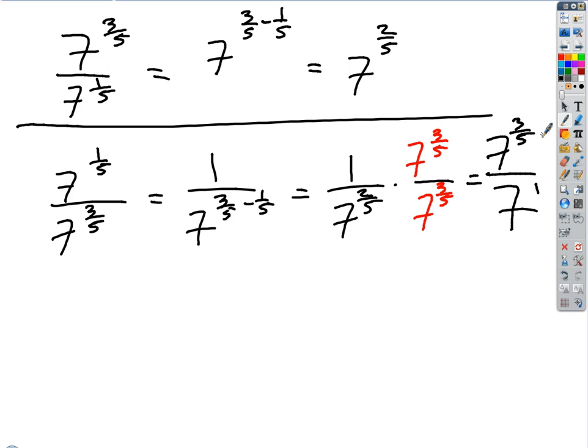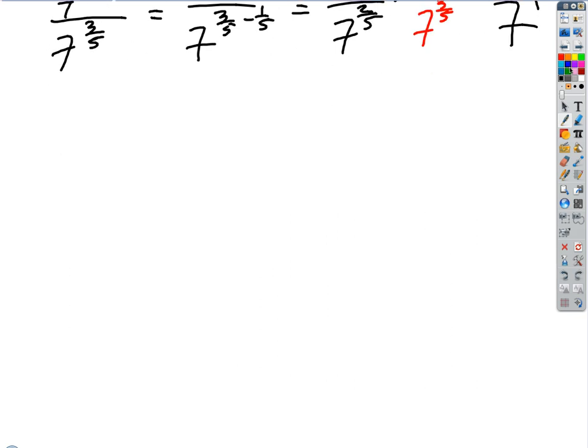Okay. I only give you one problem like this, but remember the trick. Let's do one more of those, just so we make sure we have the hang of it. Okay, what if we have one like this? What if we have 5 to the 6/7 over 5 to the